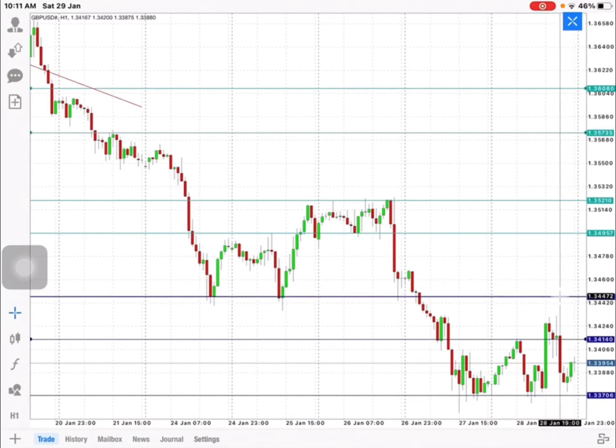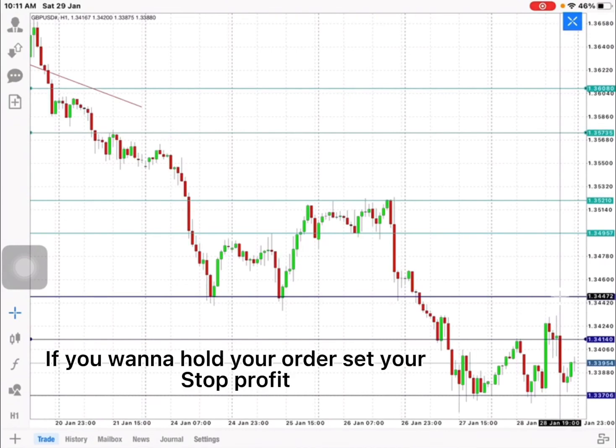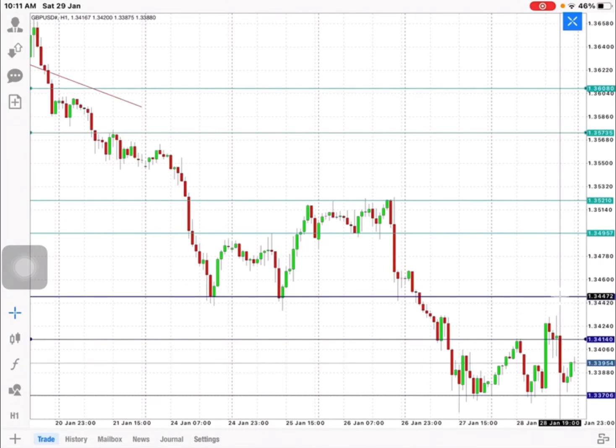If you are making profit, guys, remember, just close it. Just place your stop profit there. If you guys want to hold it, or if you want to close it, I'll gladly ask you guys to close it. If you are making profit and you think that the market will move up here, then you can place your break even or your stop profit. Just bring your stop loss nearer to the point, guys.